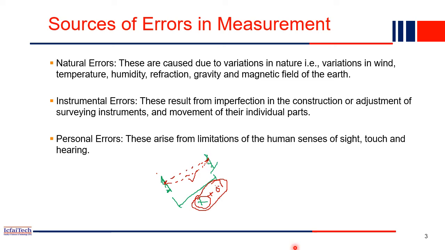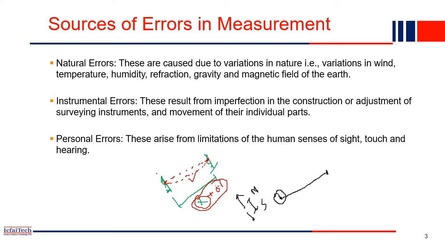Sometimes we use a compass for finding out angles, right? For example, if I consider this is a line, a baseline, now I want to find out what the angle is. So in that case, we place one compass. The compass will have north and south, right? The two poles will be north and south. North will always be towards magnetic north, and south will be towards magnetic south.